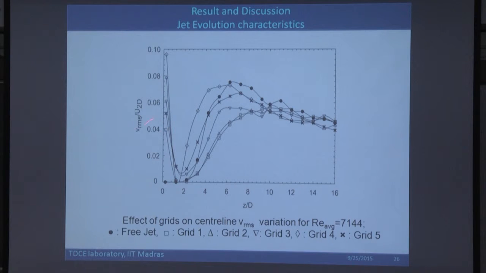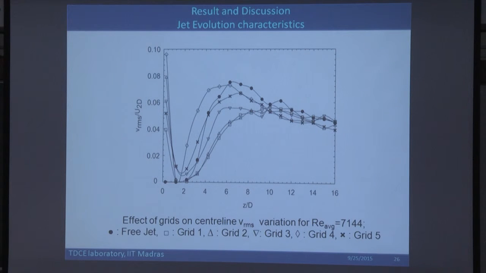So this is the V component. See, the VRMS component is really very tedious in measurement. The VRMS component very close to the jet itself was very small, and negligibly 0, because the mean components were 0. In a free jet, there is no cross flow at the center line. Since the mean flow is 0, we were not able to measure the VRMS component so easily at the centerline. So it was nearly 0, but after 2D, 3D, when a cross flow comes into play with the entrainment, then we were able to get the VRMS component.